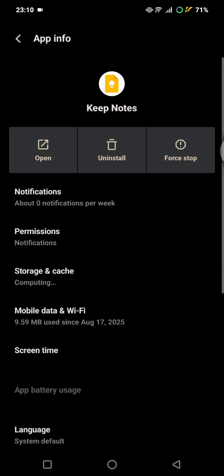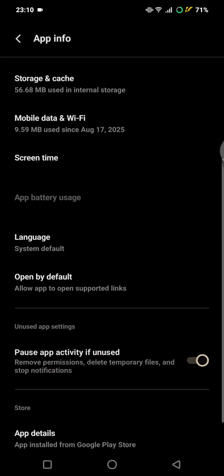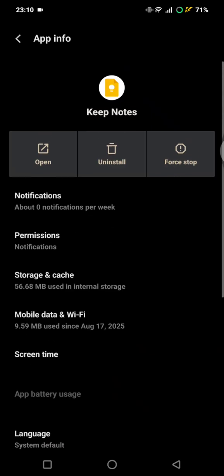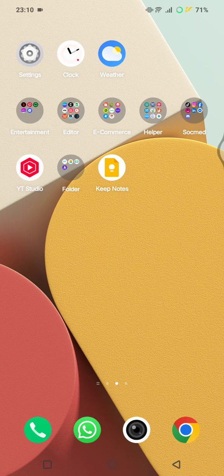Here I don't have that option, which means my phone doesn't allow me to hide the apps. But if you have it, you can do that, and the apps will be hidden from your app